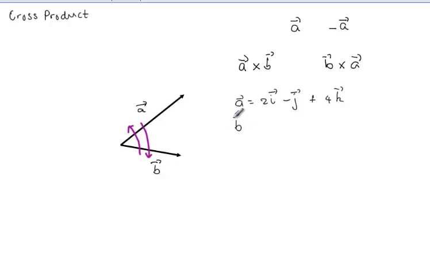So let's say B now. B is a vector i plus 2j plus 3k. All together. Okay. Now